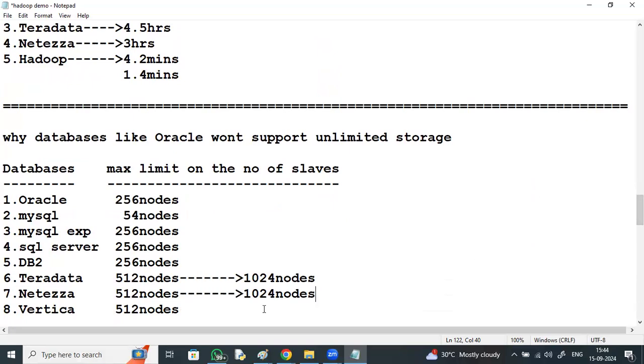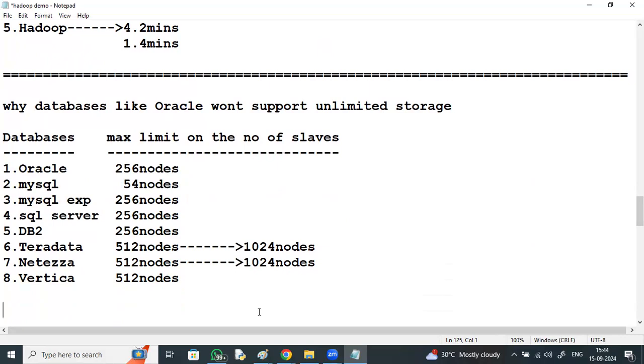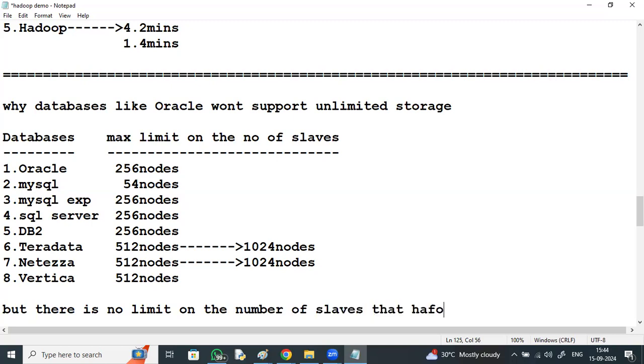None of these databases supports unlimited data storage, but there is no limit on the number of slaves that Hadoop can have.